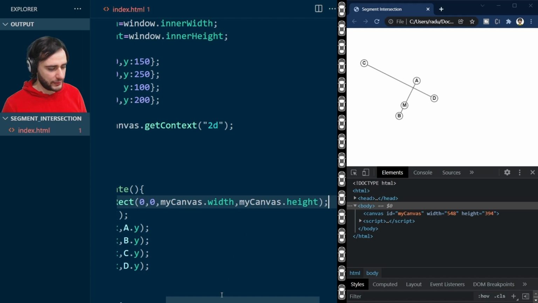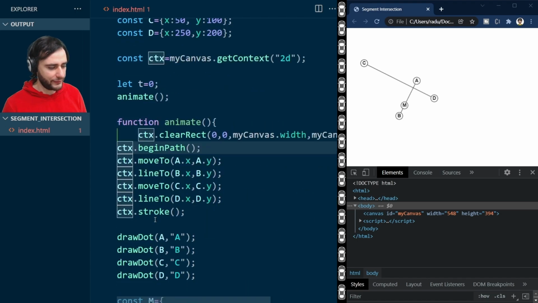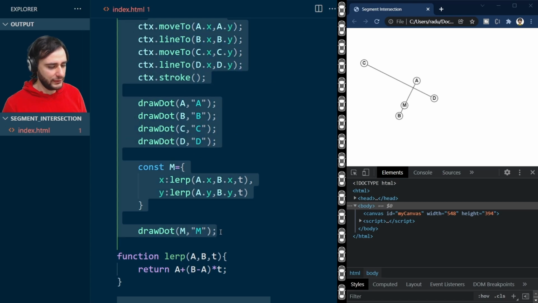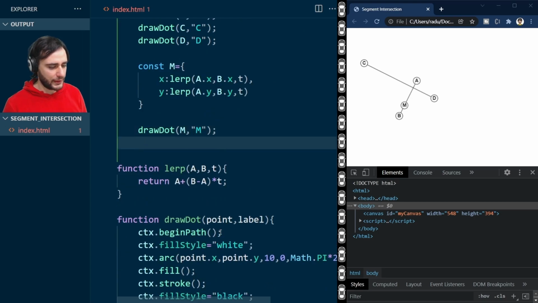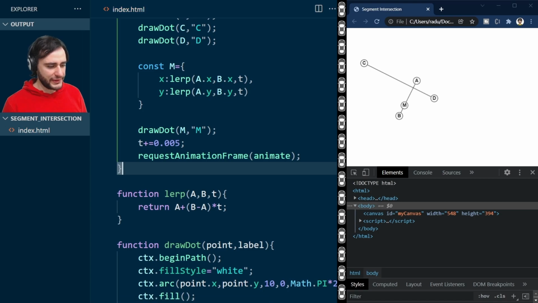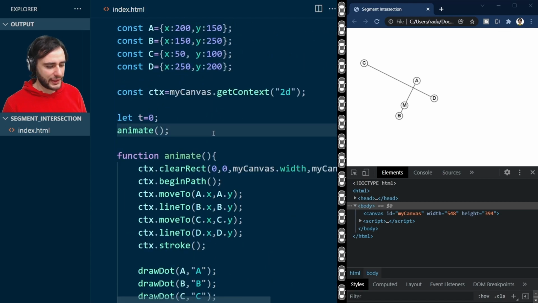And then I'm going to just put everything we have here inside of this function. And at the end, t will increase by a small value like this. And we will call requestAnimationFrame with this animate function as a parameter. Let me close this animate function now, save the file, refresh the page, and you can see M moving from